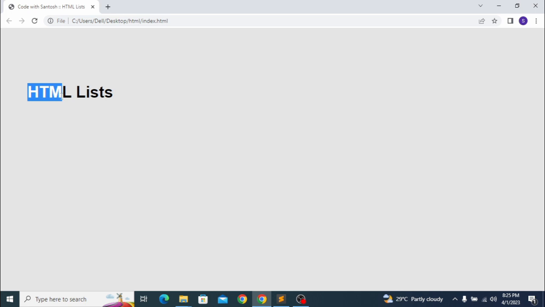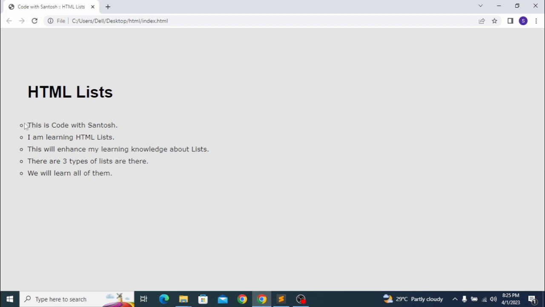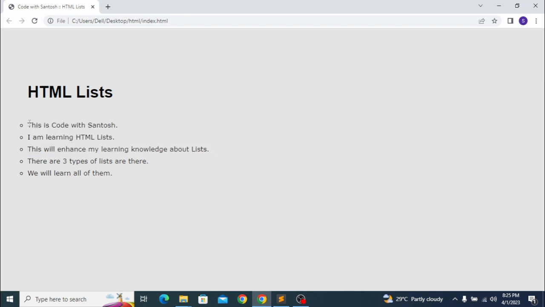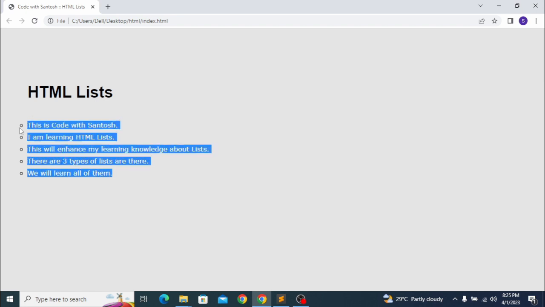You can see that only the HTML list heading is there. This is the H1 heading. So let me refresh that. You can see that all the list items are here. We have kept 5 items there, 5 LIs there. So 5 LIs are here. Okay,